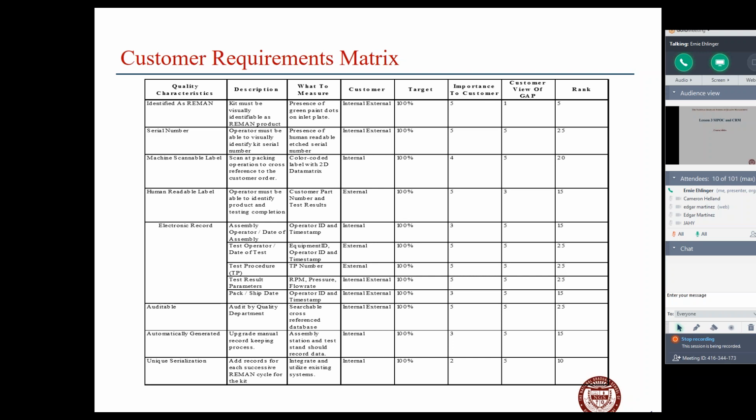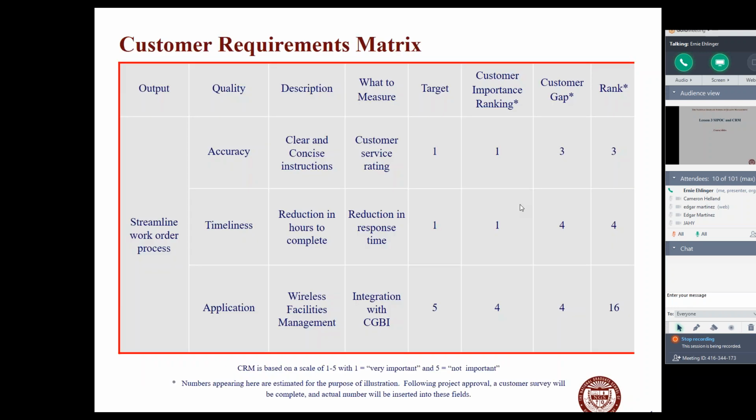And this will help you then in writing your problem statement about what we need to focus in on. Well, the champion said we need to reduce the overproduction. We need to cut down on our rework. And then you go back in and say which part of these reworks are most important to the customers, and you use this. So that's how you use these things in conjunction. And so here's a requirements matrix, another version of this.